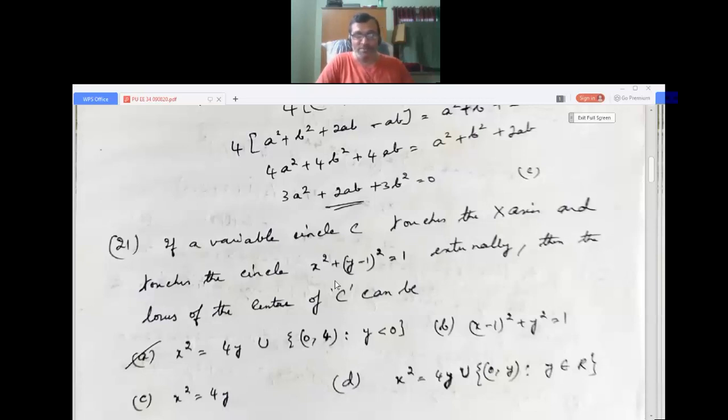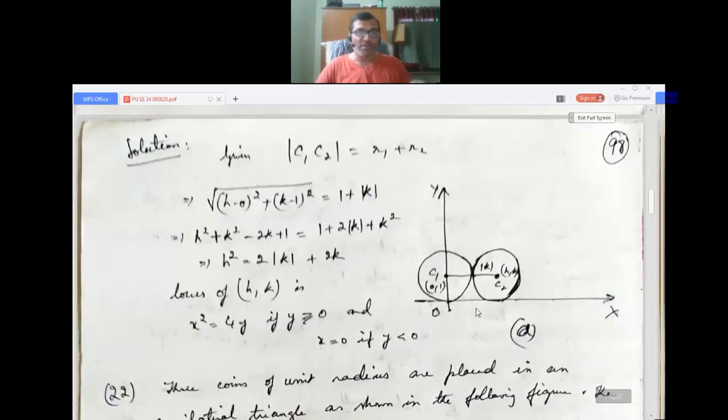Second option, (x minus 1) squared plus y squared equals 1. Third option, x squared equals 4y. And fourth option, x squared is equal to 4y, union the set of all (0, y) such that y belongs to R. So because the circles touch each other externally, I can say that the distance between the centers